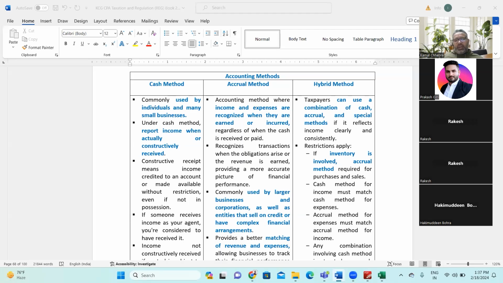Cash method of accounting, like both of you have said, is absolutely right. You record all the expenses when you make the respective payments, right? And you record the income when you actually receive the money, right? And you do not book your accrued expenses. You do not book the prepaid expenses. You do not book any advance income. Those things do not exist in the cash method of accounting, right?